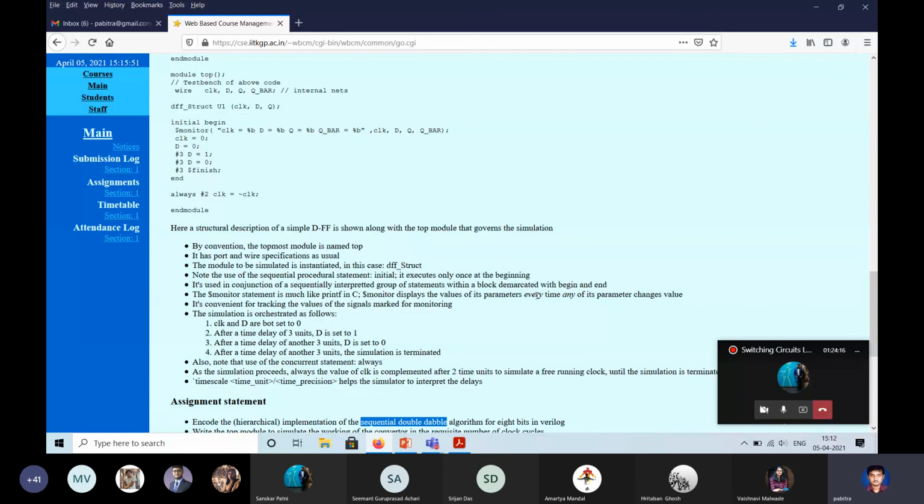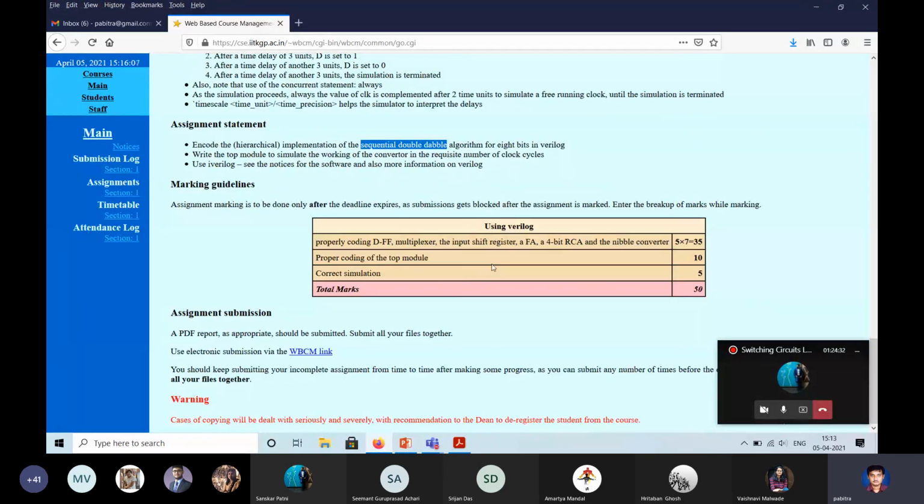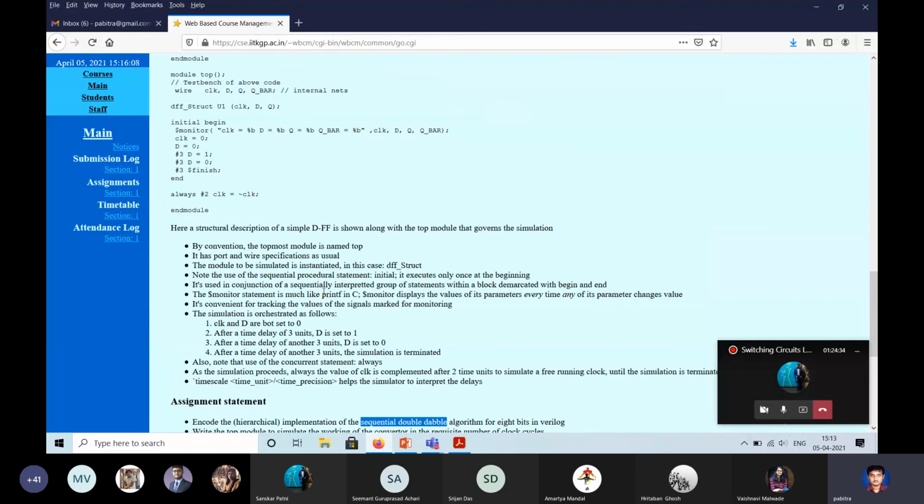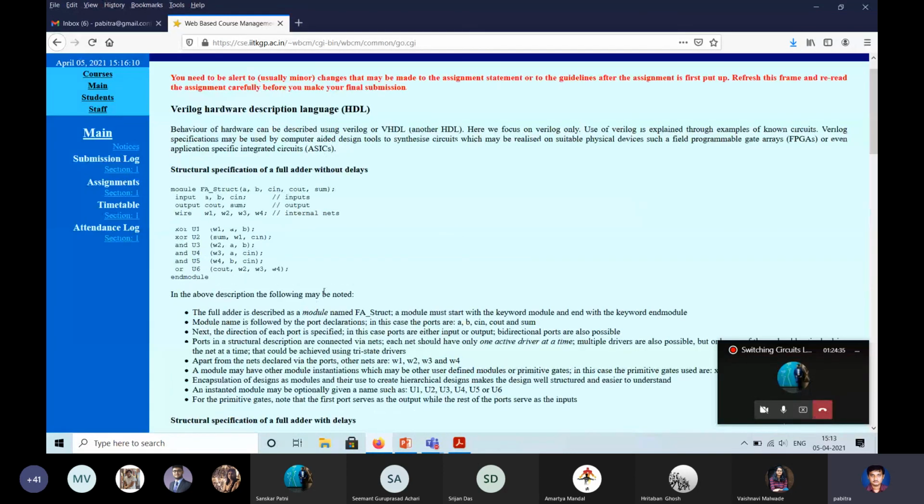So the commands for running iVerilog: you have two steps, just like you have a compiler, you create a.out and then you just run a.out. Those steps you search in Google, you will get it. It's just in the beginning only it will come, and then you write this. So that's it. Okay, that's the program.